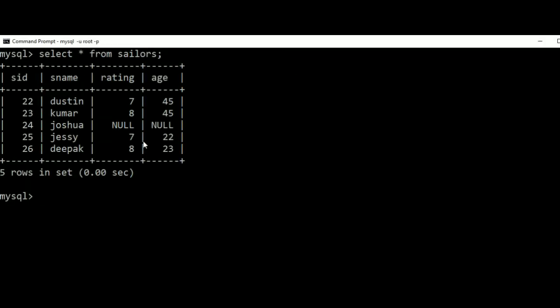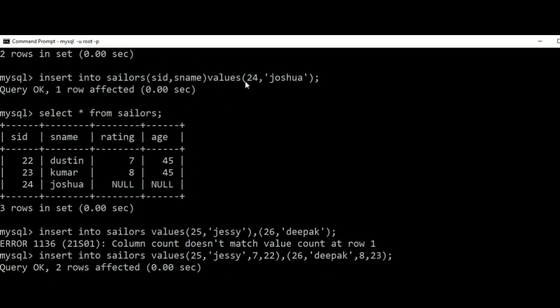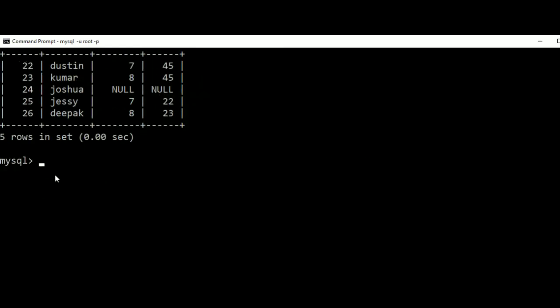What if you wanted to insert multiple rows at a time? If you wanted to insert a single row, we have used this one, right? So what if you wanted to insert multiple rows at a time into the table? Simply write: insert into table name values. Say I am using the first method. Let us say SID 25, then Nitin, and the next one is rating, some 9, and let us say age is 20.